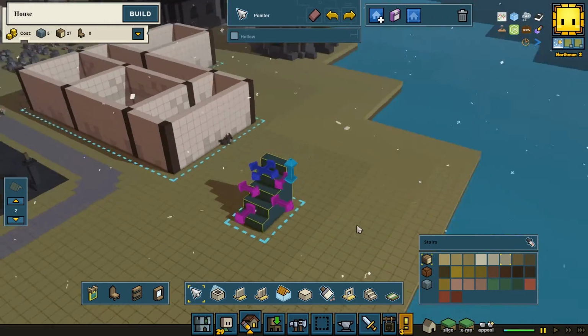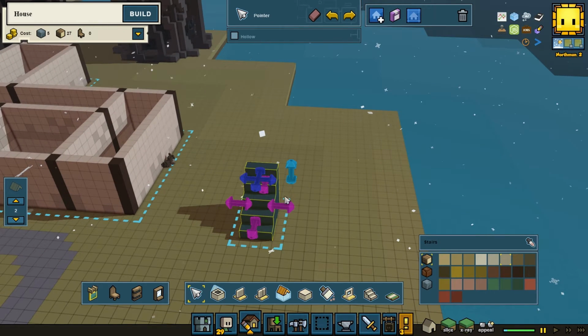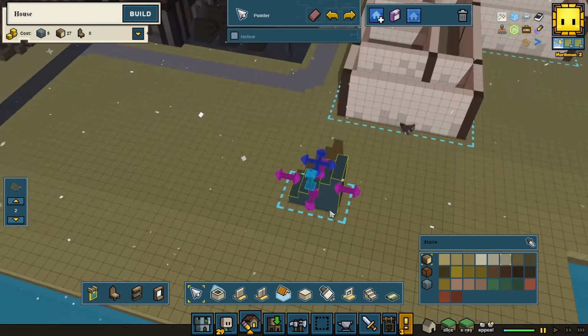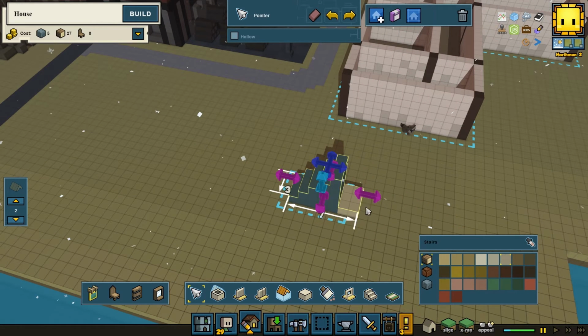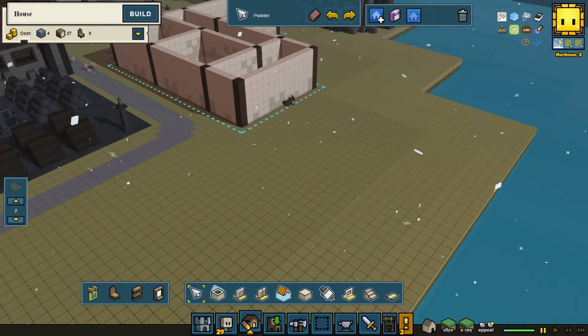So for one, I want this stair to be higher. I can't do that. I want it to be lower. I can... Because this is apparently the minimum height of it. Ah, I see. Because I changed the color. Okay, let's remove this and let's re-show it. Right, so what we can do with the stair...